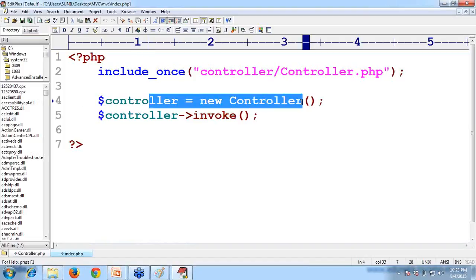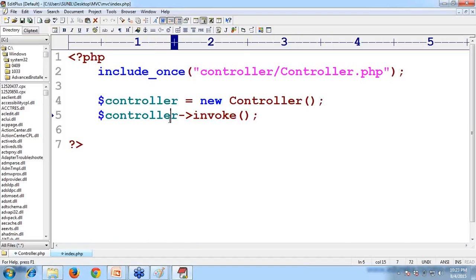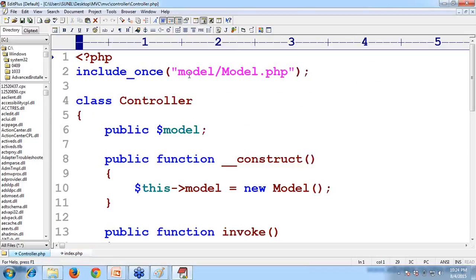What we do is create an object of the controller and invoke it. In any MVC-based framework, the request should come to the controller. Make sure that the request is coming to the controller, and that your model and view are taken care of. They will not be accessed by the client directly. All requests will come to the controller. Controller is equal to new Controller; the controller is a class. Let us have a look into the controller. First, the client is sending a request to this. I'll show you another example. Model is used. The controller is a class, our user-defined class. Public model.